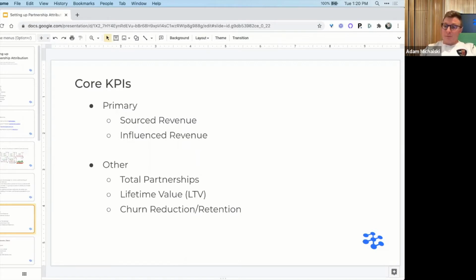Influence could be, for example, if a partner gives a recommendation to the client, or if you sync up with the partner and they give you information that this client is in market for your solution. All of those, particularly if you can have multiple different partners involved on one deal, can be just as impactful in getting a user to actually purchase your product.